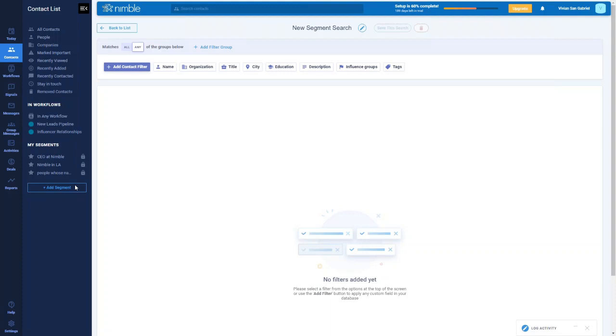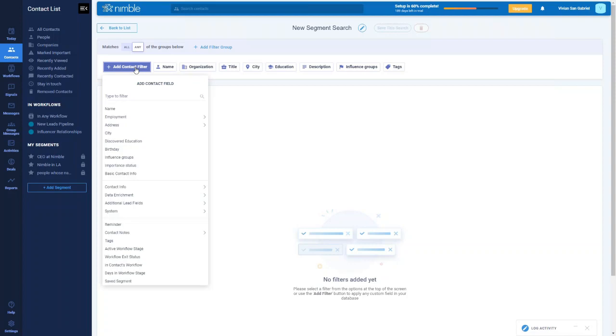You can now search across many data fields to help you organize your contacts into lists. And once you've organized your contacts into a list, you can take bulk actions, send group messages, and set follow-up tasks. As an example, let's create a search using the following criteria. So I'm going to click plus add contact filter, and let's do